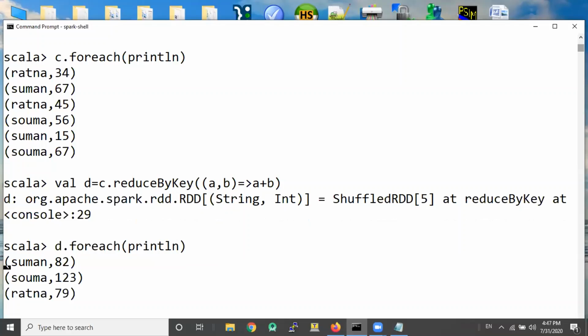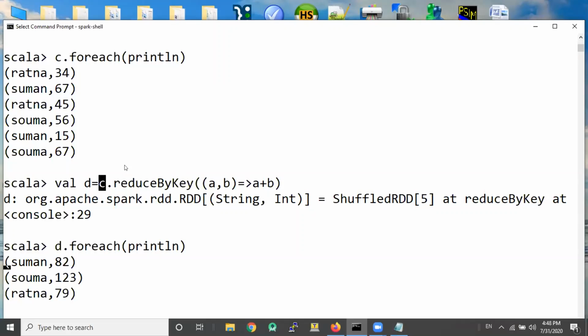What did this a comma b, arrow a plus b do? It simply said to Spark, please take the first column as key. This is implicit or implied in Spark. When you do a reduceByKey on a particular RDD, here c is the RDD on which you are doing the reduce, the first column by default is taken as the key column. If you want to change the key column, you have to bring it to the beginning.